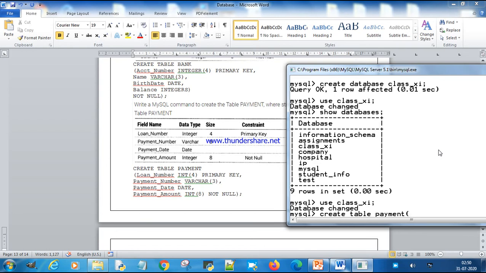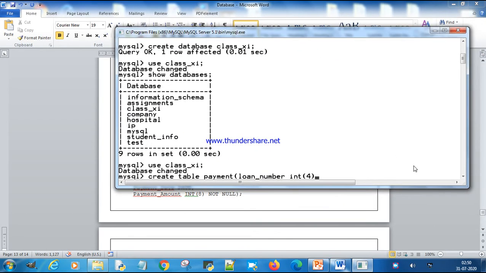I'm going to introduce only two fields, loan number, which is an int type, size 4, and it's a primary key.